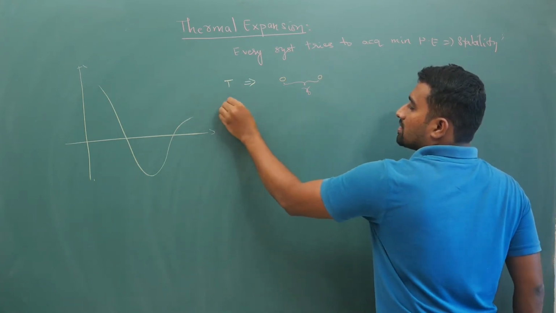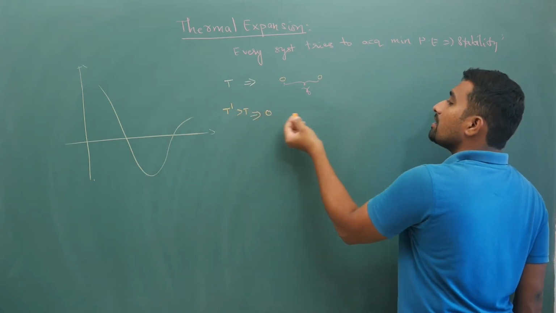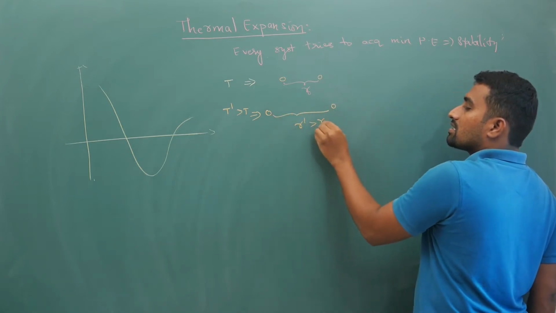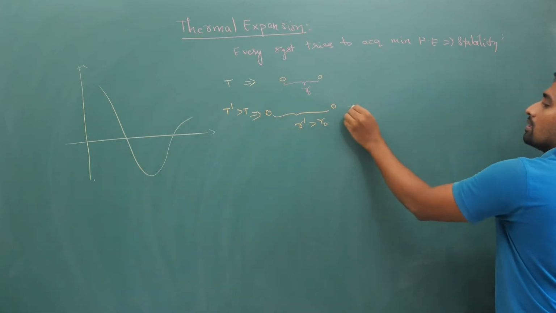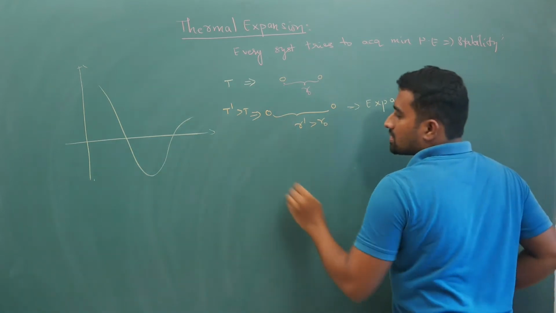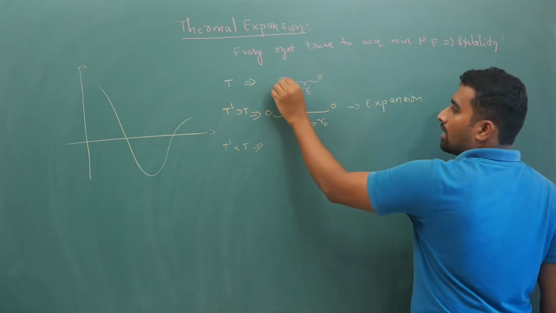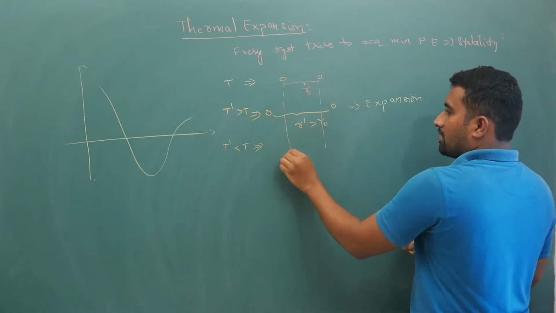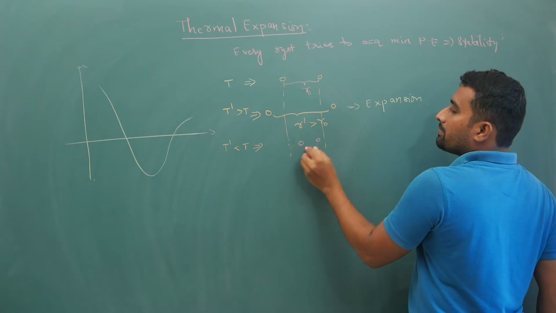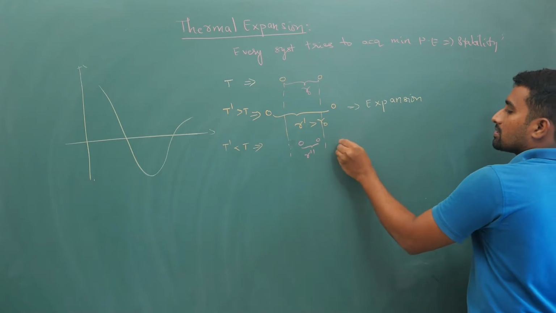So when this temperature T dash is greater than T, to attain stability these molecules will separate to a new equilibrium distance which is greater than R0. So because of this you will get your expansion. Now when this final temperature T dash is less than T, you will have your contraction. So your equilibrium distance, some R double dash, will be reduced and you will have contraction.